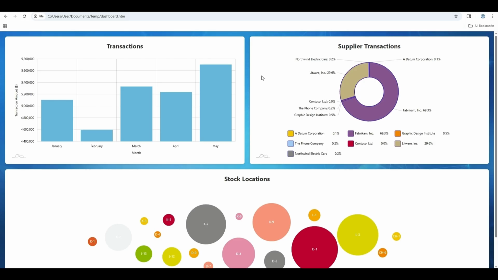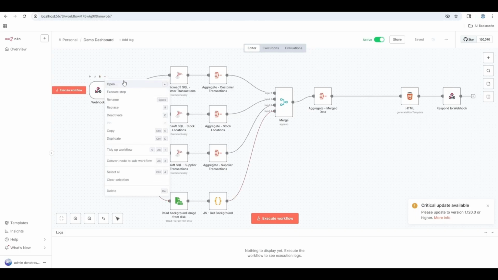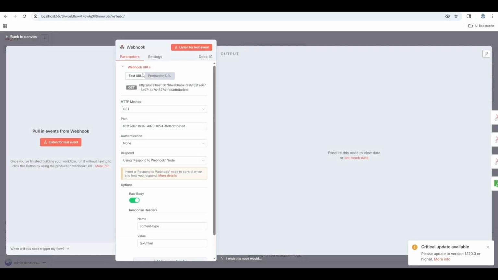So let's go ahead and take a look at what our finished workflow will look like. This is composed of several different types of nodes. The first thing that we're going to be using that is going to essentially serve as our web host is a webhook, and this webhook is really a listener. It gives you a URL. You can declare some methods in here, whether it's a get or a post, but it gives you a URL where you can actually respond to